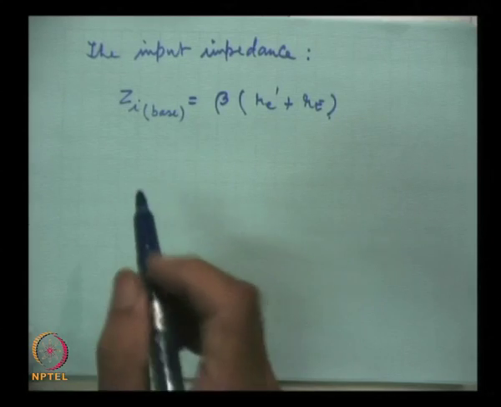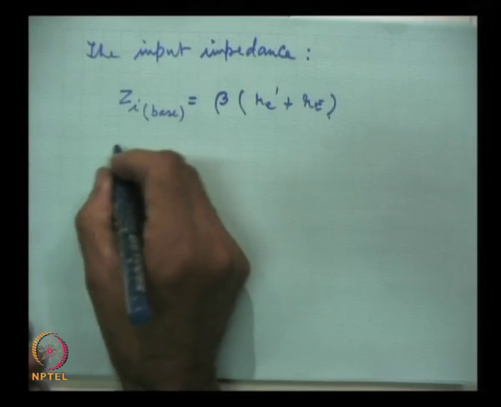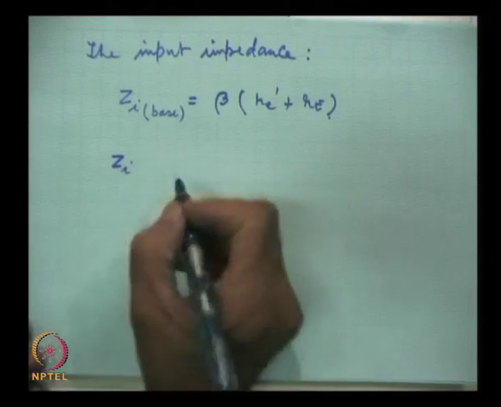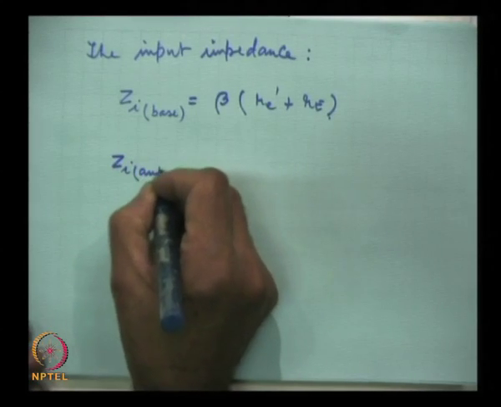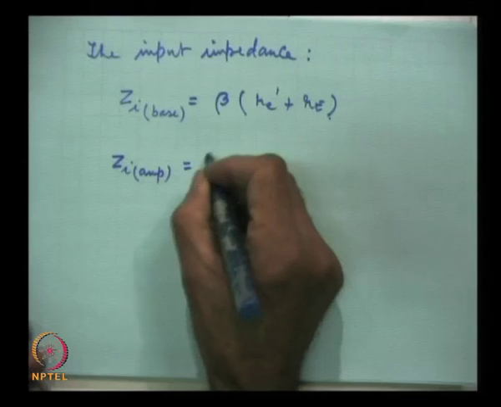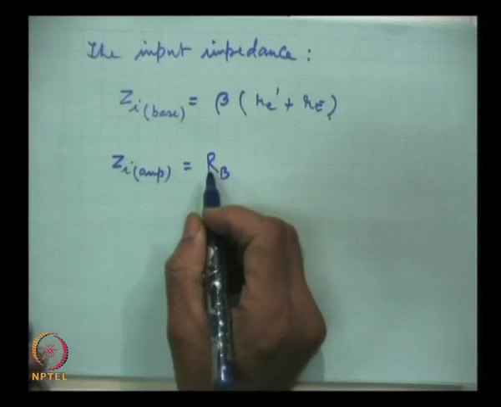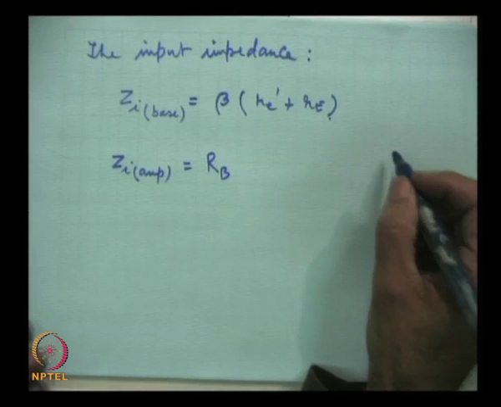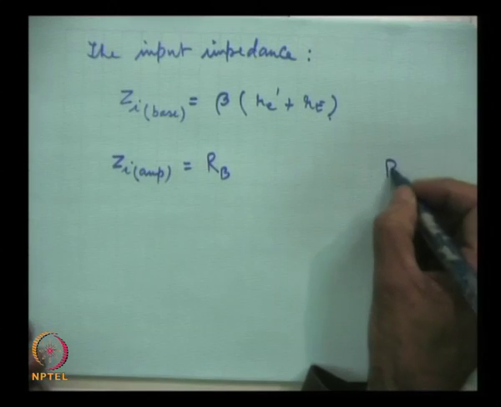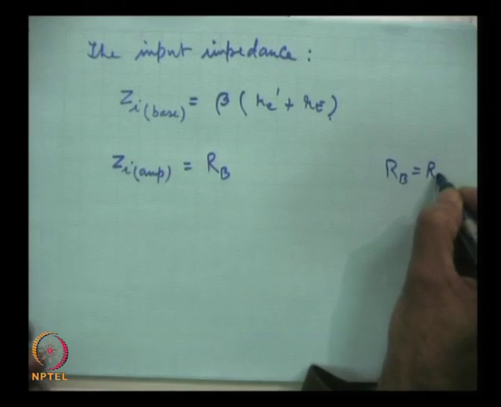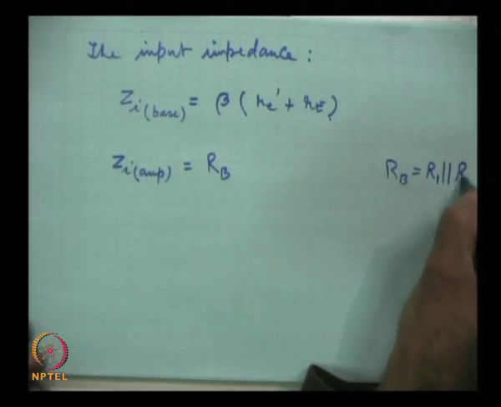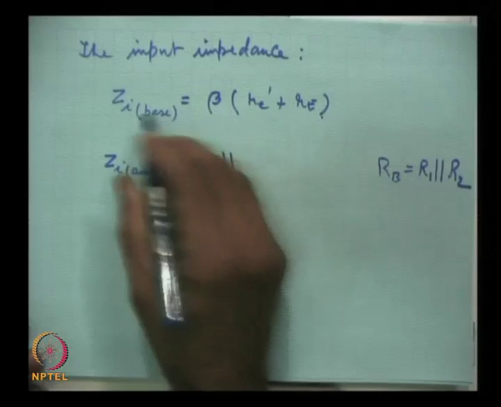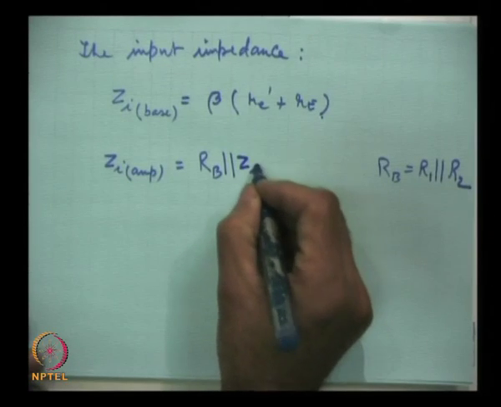Same here. So, the input impedance of the amplifier Z i will be Rb, effective value of bias resistance, and if it is the two resistances R1 and R2, then Rb is simply R1 in parallel with R2. So, Rb in parallel with this Z in base,